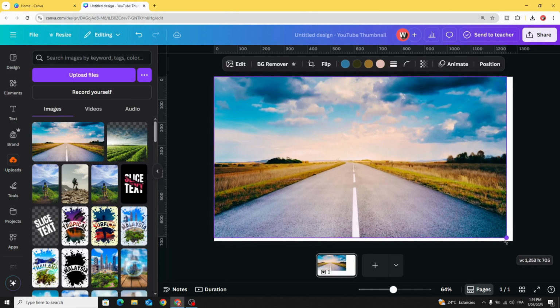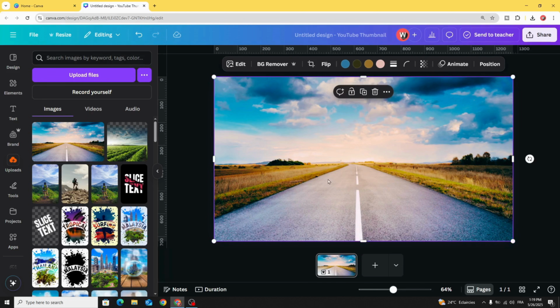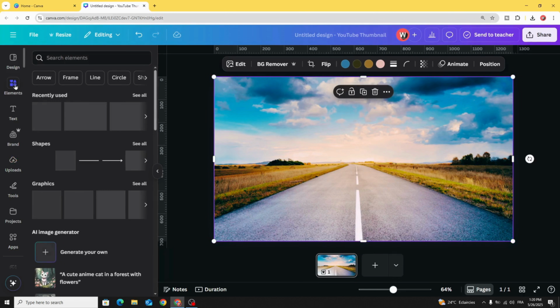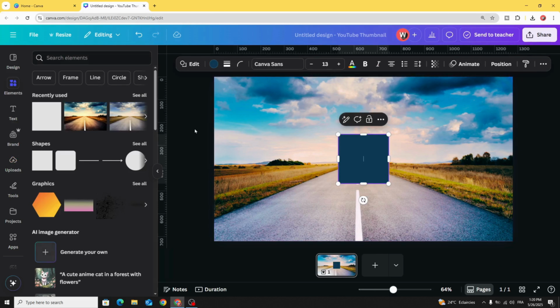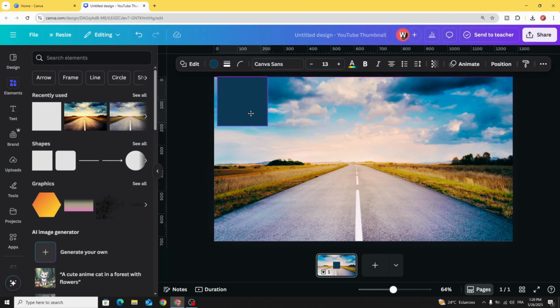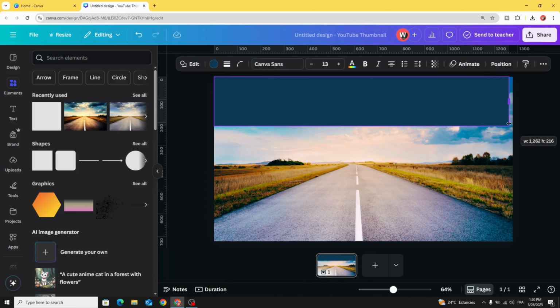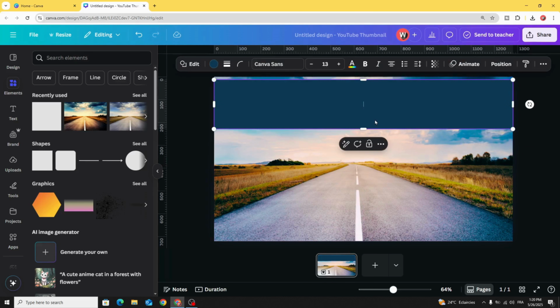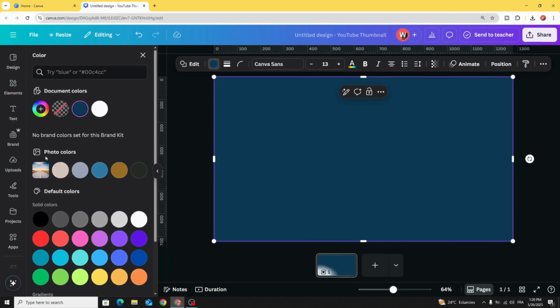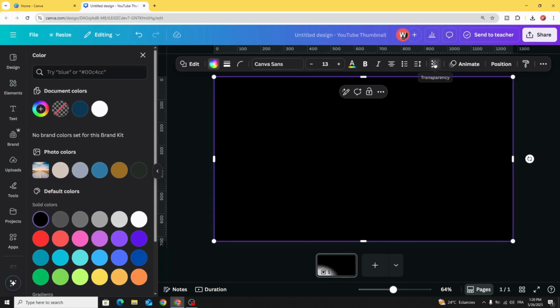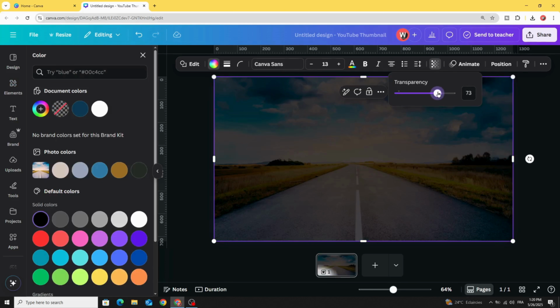the size to fit exactly the page, go to elements and go to shapes, choose the square and resize it to cover all the page and change the color to black. Go to transparency and decrease to 70